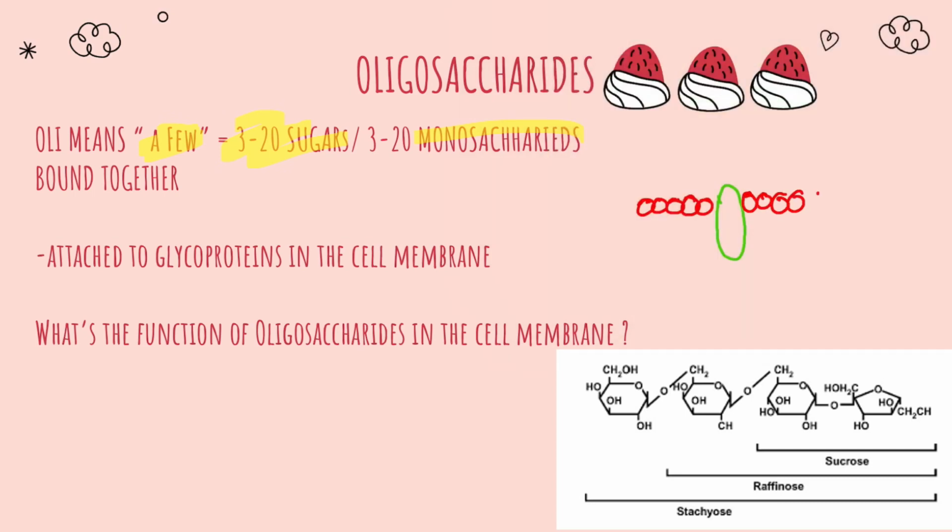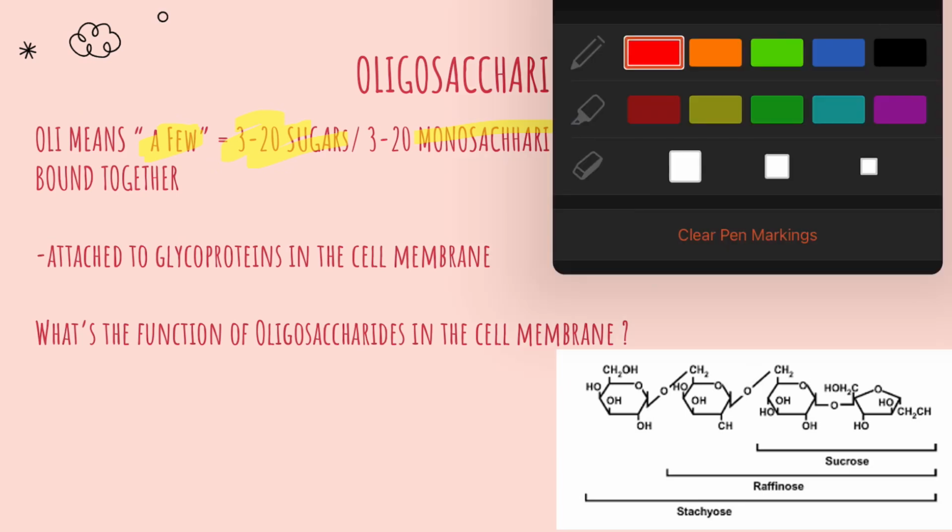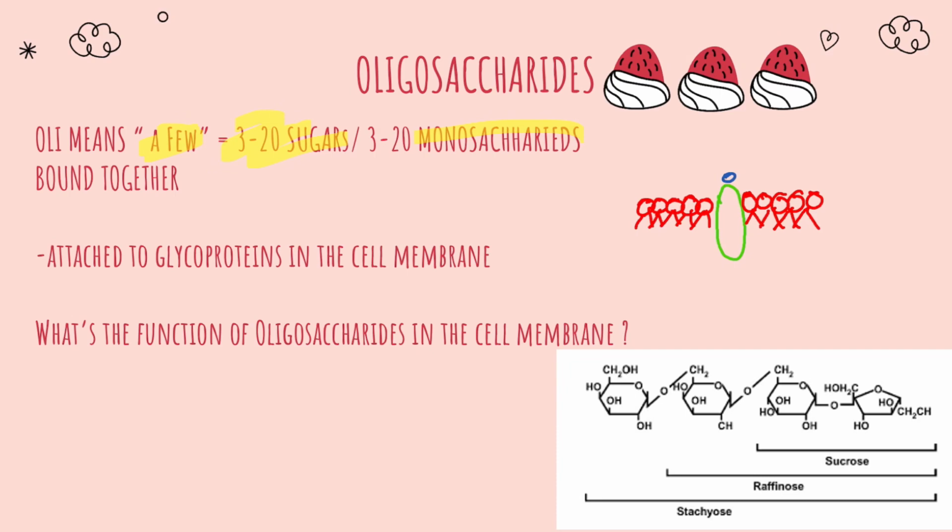I was like, why are there sugars attached to the cell membrane? Well, I'm so glad you asked. These oligosaccharides are used as immune defense mechanisms. So they aid in immunity. They also are receptors as well. So they kind of have like a Y shape to them. So this blue thing that I drew is an oligosaccharide. And like I said, those will aid in immunity and kind of cell signaling or receptors, which is kind of